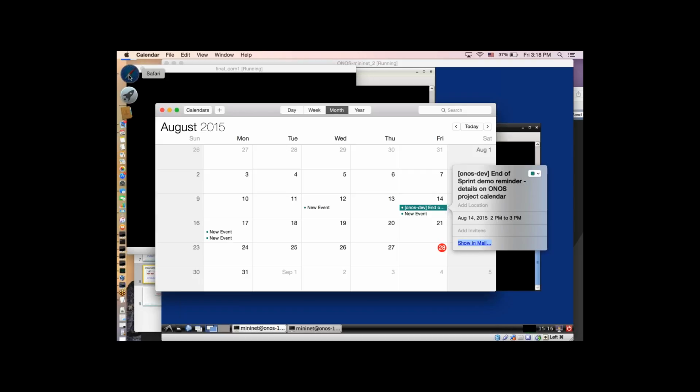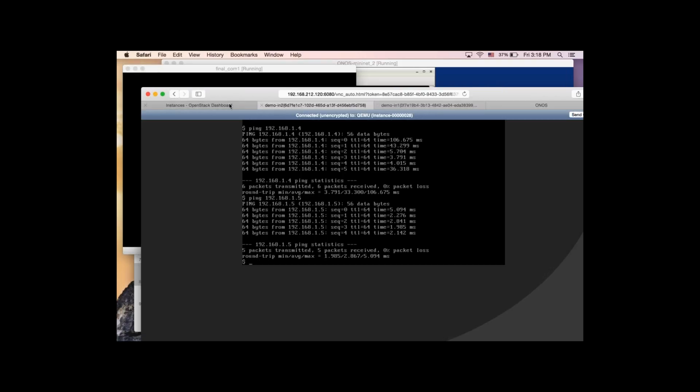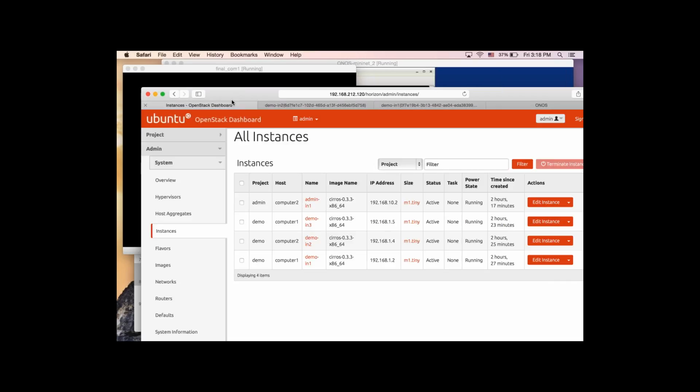So, lost a little bit. Okay, this one. Here, the subnet is 10.2. And right now, I'm on instance 1. I try to ping admin